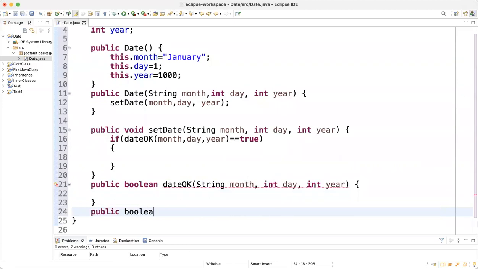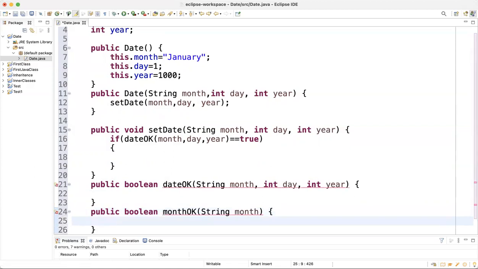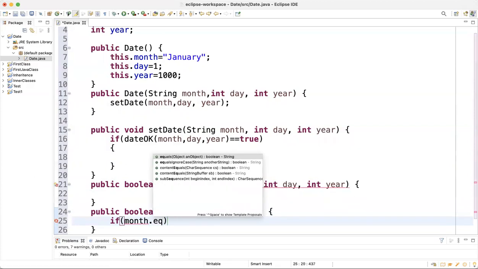Let me first define a method, public Boolean month, and this will receive a String month. In that case, first of all, let me check if the month that we have received here as an argument, this month refers to the month that we received here, if month dot equals